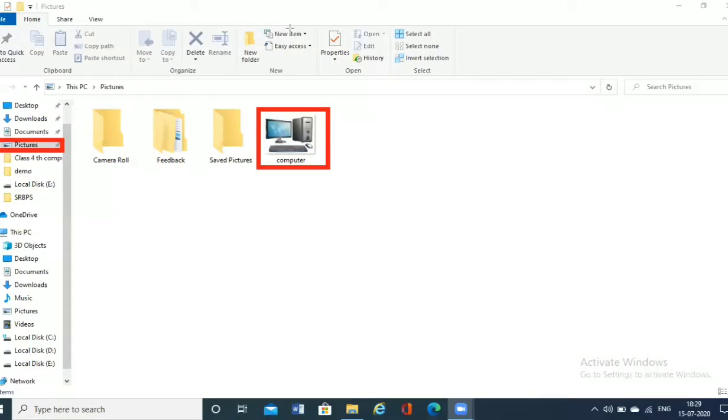Now we'll talk about what is Move to. One more option is the Move to option, which means you are shifting your file or folder from its original place to any other location in your computer.